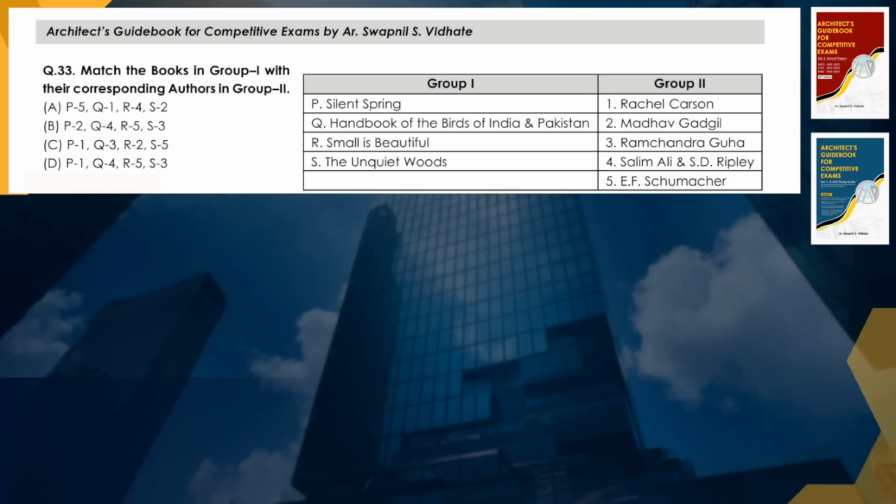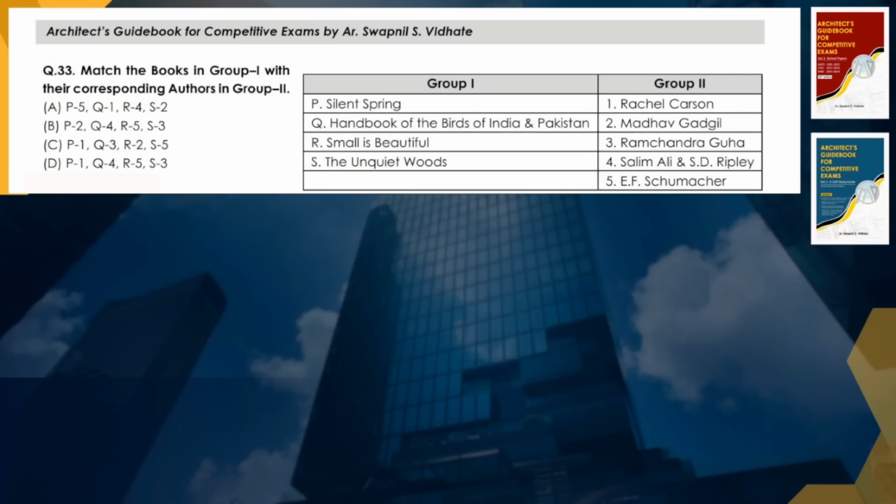Now, the question: all the books which are mentioned in group 1 have been asked for the first time. There is no previous year reference. All these books, the questions related to all these books, have been asked for the first time. So the only